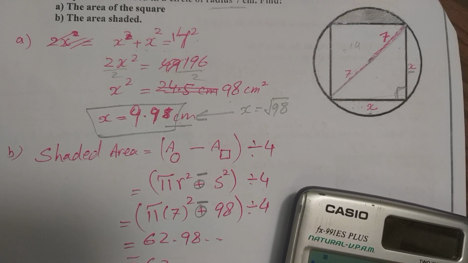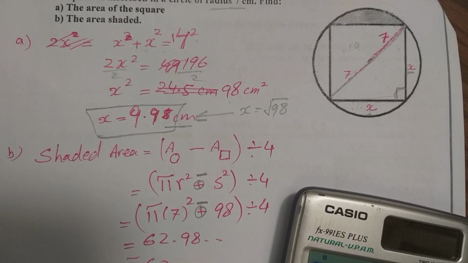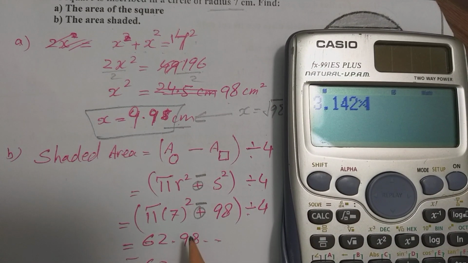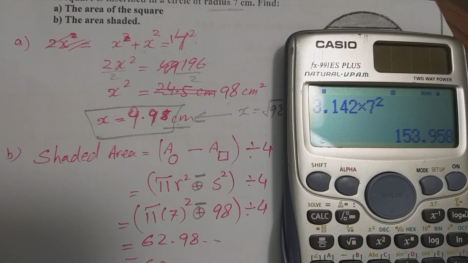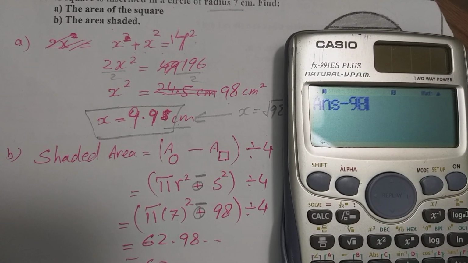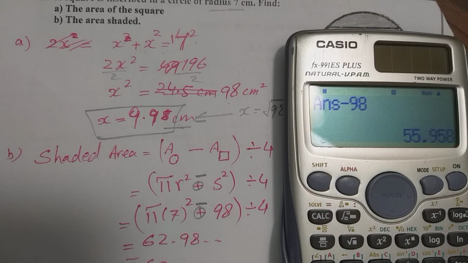So 3.142 times r equals 7, so times 7 square, which is 153, minus 98, which gives you